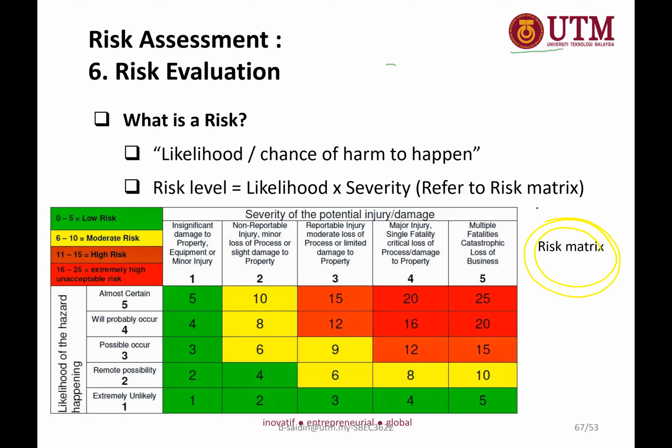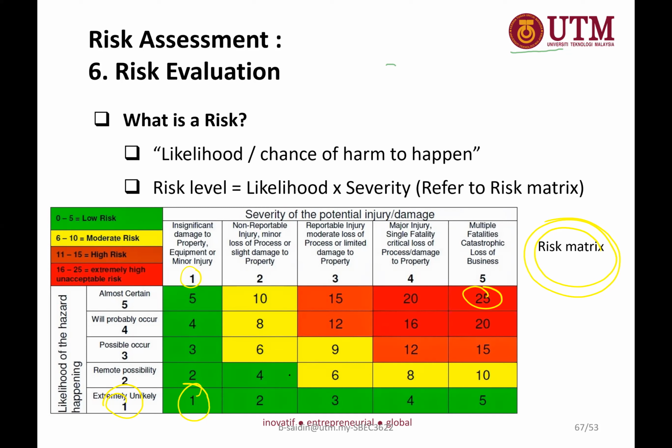You can Google the risk matrix, and you can see there are a lot of risk matrix table around, and they could give you different scales. So it depends. So you can just simply take one of the scale as a reference. It depends, because this is just example. So let's say if the probability is 1, and then severity is 1, so 1 times 1 is basically equal to 1. So this is how you get the values. The maximum value, 5 times 5 will be 25.